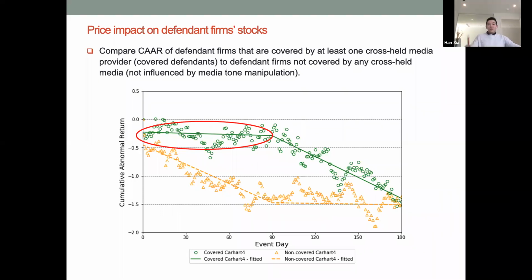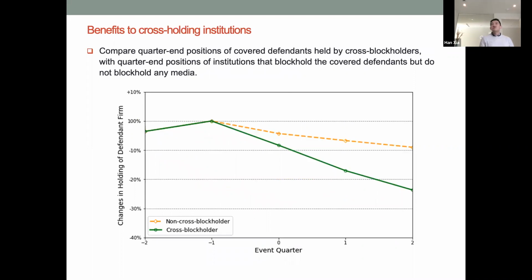Okay, now again, this freeze-out period is something that the cross-holding institutions can potentially take advantage of, and this is what we see. They are indeed doing that. Okay. Now, what do we see here? This picture is essentially the changes in the institution's position on the defendant firm. Now, we don't have trading data for our institutions, so we're just using the changes in their holding positions to infer what they have done to their positions.